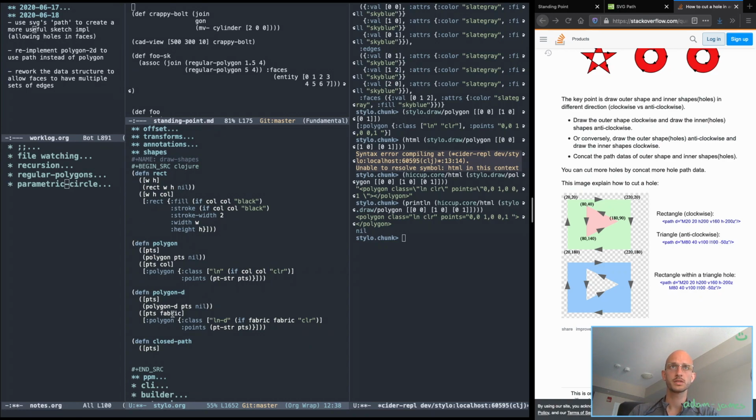Color. Otherwise, that's fine. So for consistency here, I have to call closed path with points nil, nil, and then